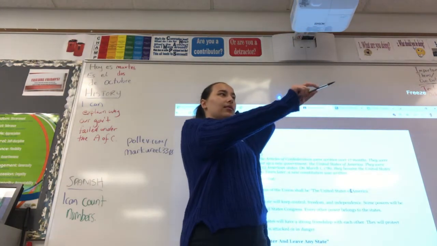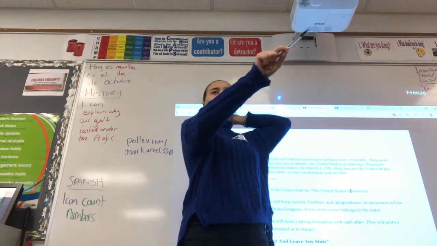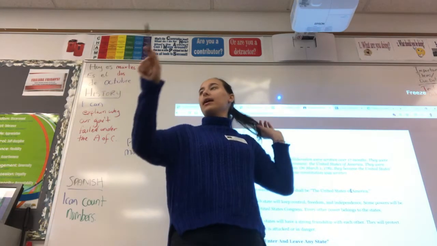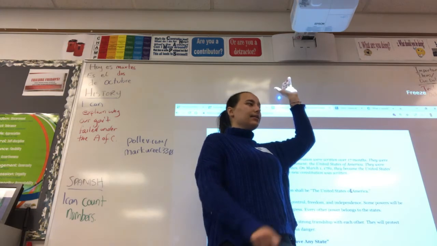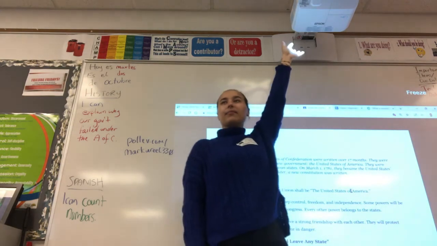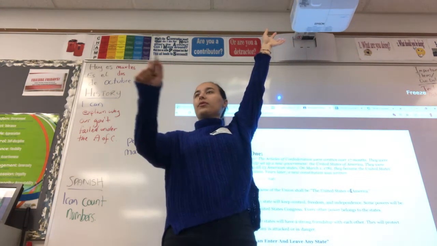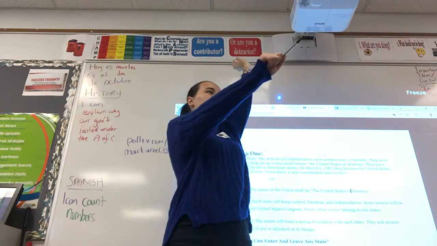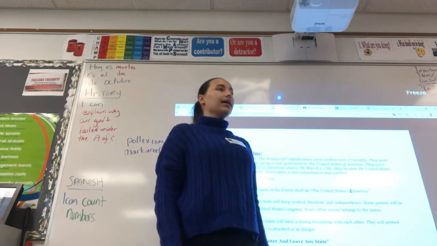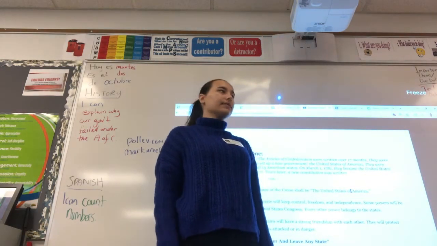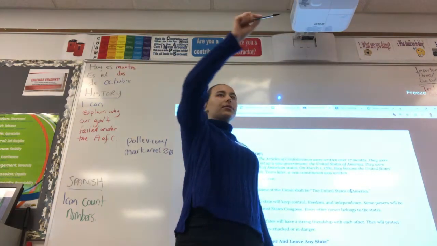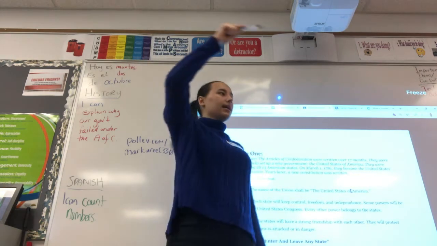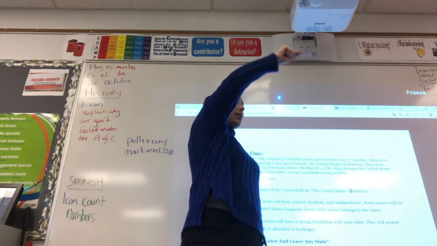I ate the right one. The right one. 1, 2, 3, 4, 5, 6, 7, 8, 9, 10. Left. Raise them high so I can count them. 1, 2, 3, 4, 5, 6, 7, 8, 9, 10, 11. Okay, raise your hand if you eat the right side of the Twix first. 1, 2, 3, 4, 5, 6, 7, 8, 9, 10, 11, 12.